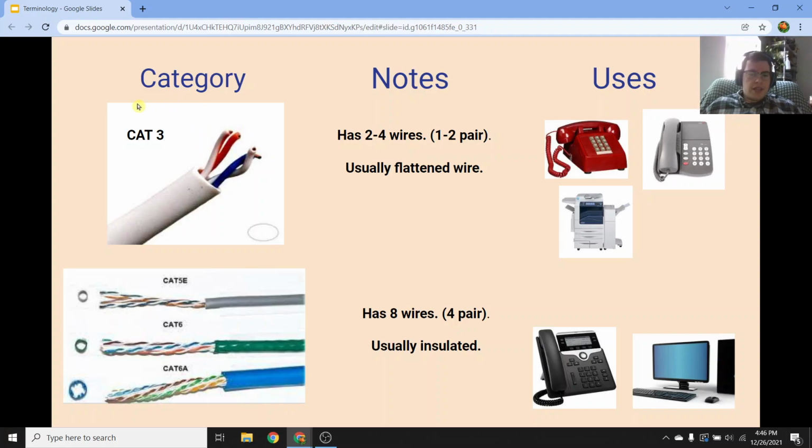All right. Last thing, Cat 3 is, again, 2 to 4 wires, or 1 to 2 pairs of wires. And it's usually flat. You'll see these in faxes, analog, and POTS devices. And then Cat 5e, Cat 6, and Cat 6a all have 8 wires or 4 pairs. And they're usually insulated. They'll have like a plastic cross in between all the wires to keep